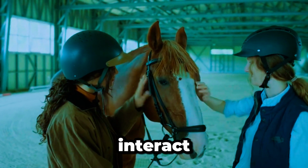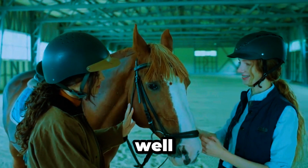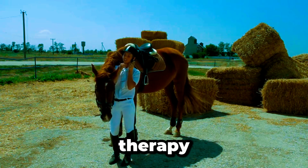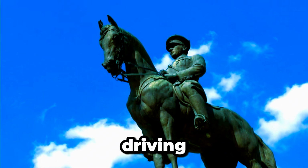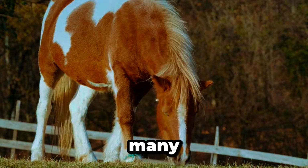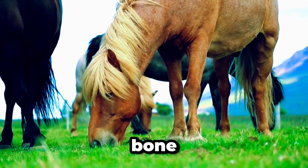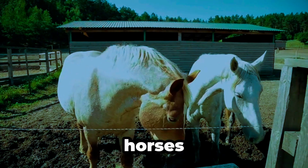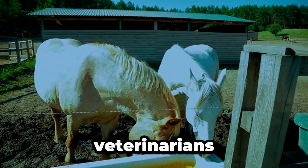Horses and humans interact in a wide variety of sport competitions and non-competitive recreational pursuits, as well as in working activities such as police work, agriculture, entertainment, and therapy. Horses were historically used in warfare, from which a wide variety of riding and driving techniques developed, using many different styles of equipment and methods of control. Many products are derived from horses, including meat, milk, hide, hair, bone, and pharmaceuticals extracted from the urine of pregnant mares. Humans provide domesticated horses with food, water, and shelter, as well as attention from specialists such as veterinarians and